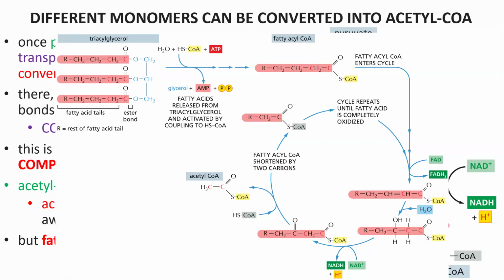Triacylglyceride. We're going to first break the bonds that hold those acyl groups to the glycerol and release the fatty acids themselves. So here's the fatty acid being released. A lot of energy in that fatty acid. That energy has to be carried, and it's carried by CoA as an activated carrier. Then that fatty acid is going to be delivered by CoA into a beta oxidation cycle. And this is what we're seeing here.